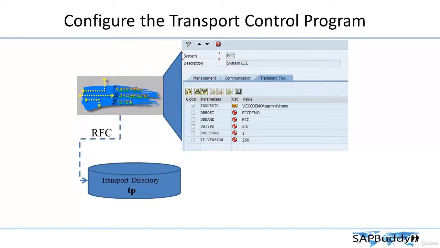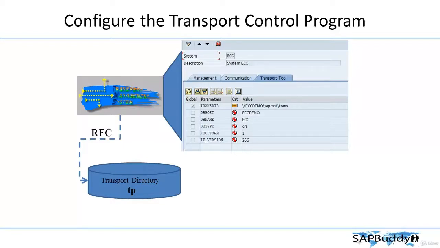Next, let's see how to configure the transport control program, that is the TP configuration. The transport control program, the TP, requires the transport profile that contains the information to establish the data connection for all SAP systems included in the particular transport domain. It also requires other technical information to perform the transport process. The TMS generates and manages this transport profile in the transport domain configuration,